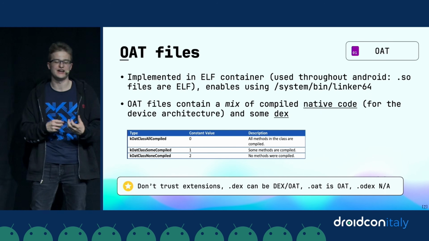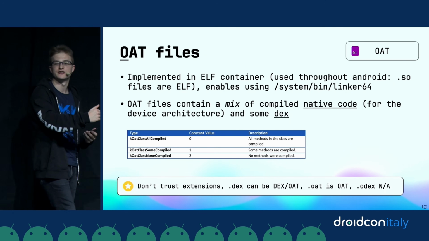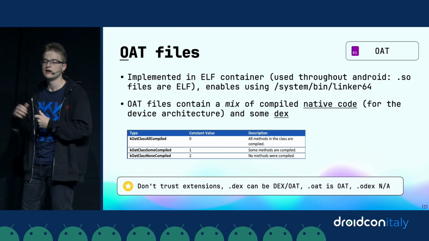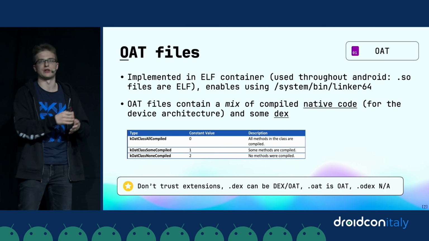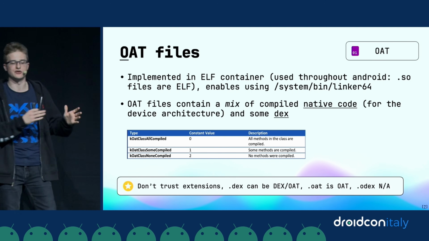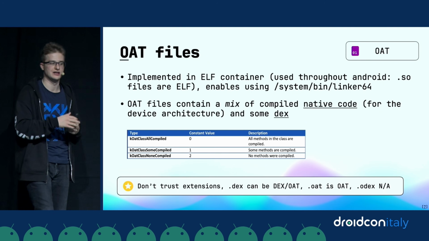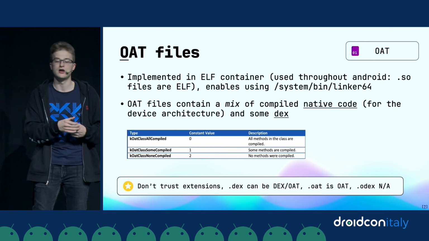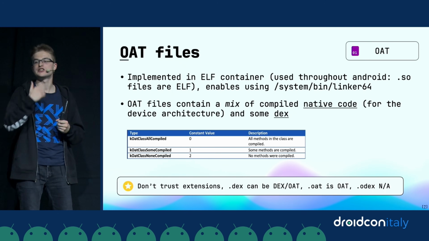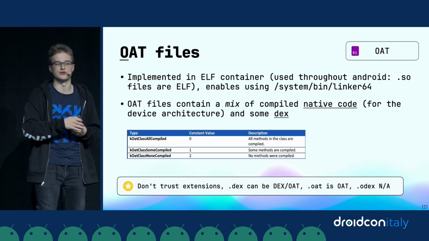And it is a very poorly documented format for the simple reason that it changes in every release. Every time that you update your operating system, well, not every time, but potentially, Android can change anything in the way it converts ODE files. And that is why you have to optimize your applications every time that you update your operating system. When it says optimizing this application, it just means I'm regenerating the compiled code to make this application run faster. And it changes because the DEX to ODE